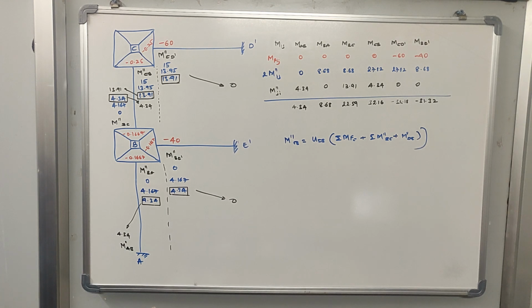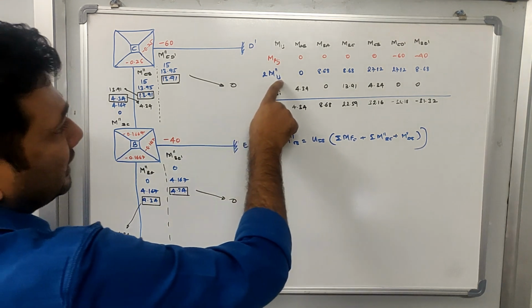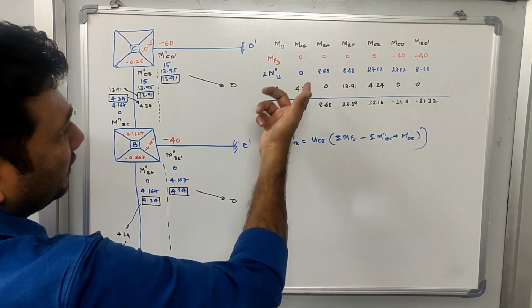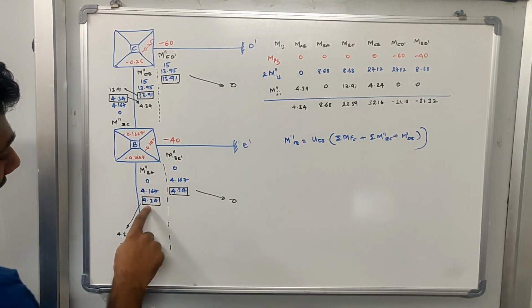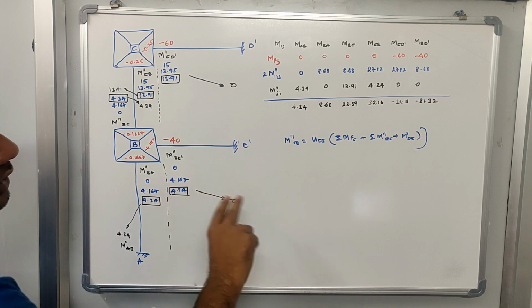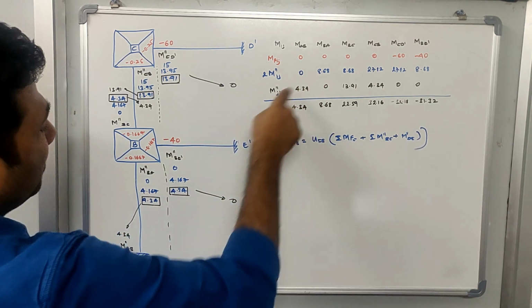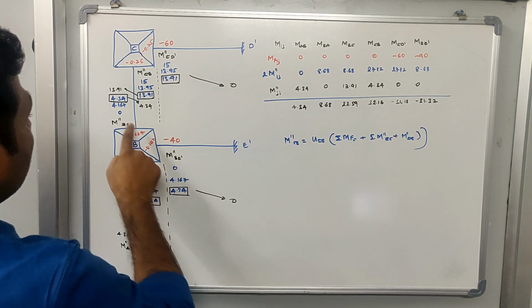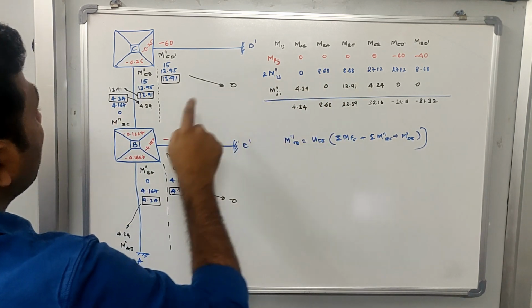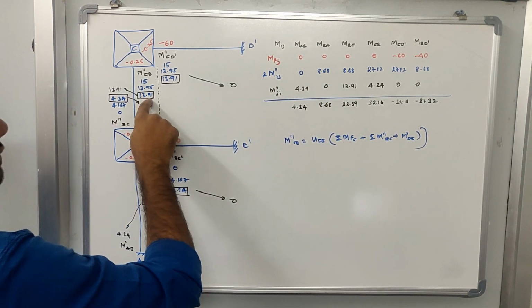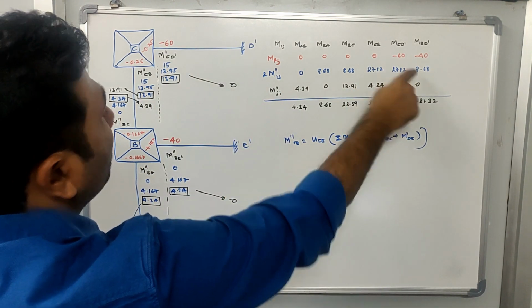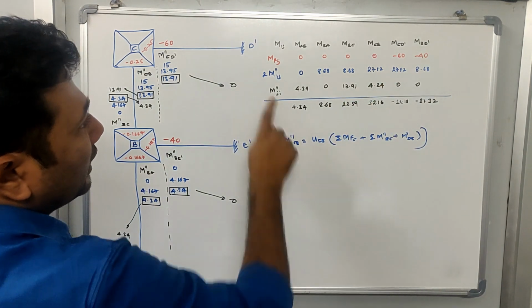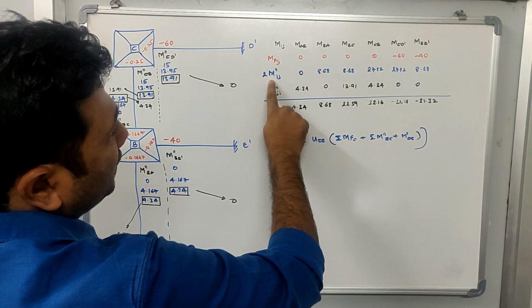Next we need to write the 2 times near end rotation moments. So M double dash ij represents the near end rotation moments, and 2 times of it we need to write down. So here it is 0, which is written as 0. Here it is 4.34, which should be multiplied by 2, so it is 8.68. Similarly for BC, also 8.68. Now going to CB, it is 13.91, and 13.91 multiplied by 2 will give you 27.82. Similarly for CD it is written, and B is also written. Okay. Now this completes the 2 times near end rotation moments.